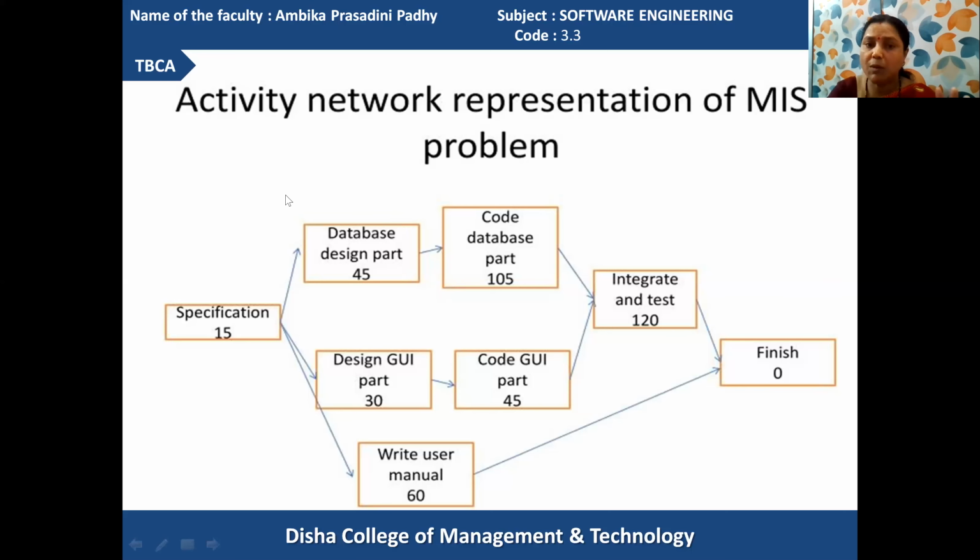When the GUI is prepared, we can create the database regarding it. When the database part designing is performed, at the same time the GUI designing is performed. At the same moment, whichever activities are being executed are noted down in the user manual.